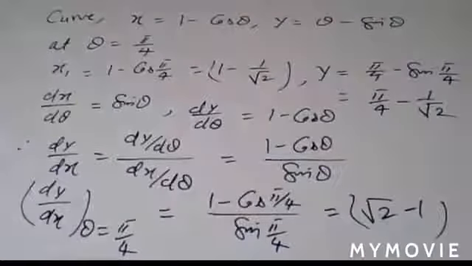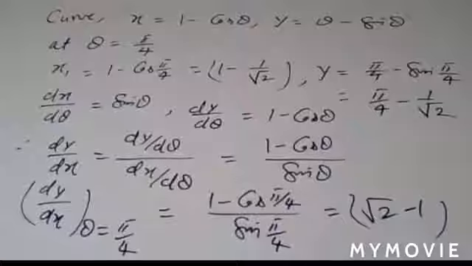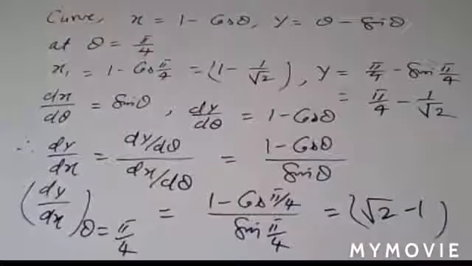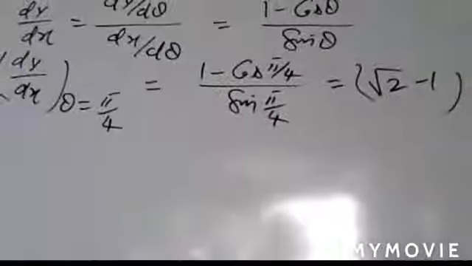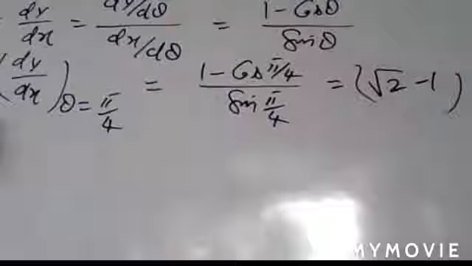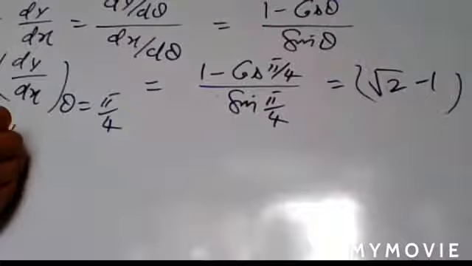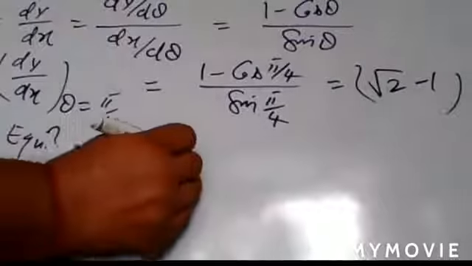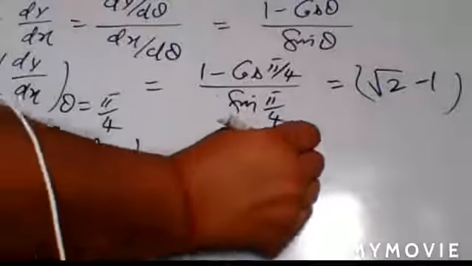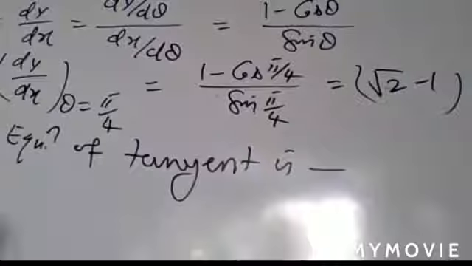Check it. If you put its value and simplify, you have the value of the derivative at theta is equal to pi by 4 as root 2 minus 1. So find the equation of tangent. So the equation of tangent is